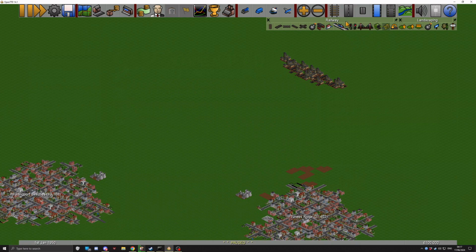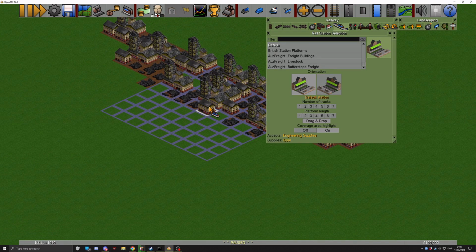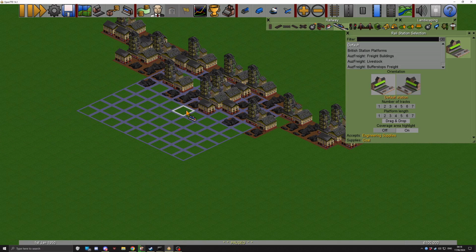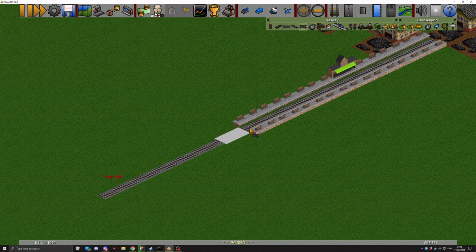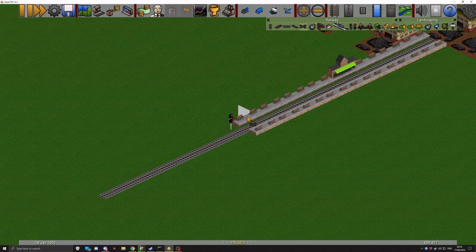So here's a wee tutorial that should hopefully help you build stations with signals like I usually do with these. So what I'm going to do is pop in a nice long station here, and then I'm going to pull this out, pop in a path signal, a standard path signal here facing into the station. Then out of the station comes this,